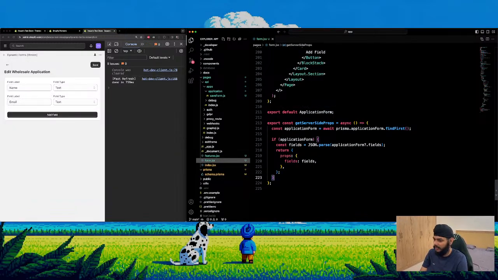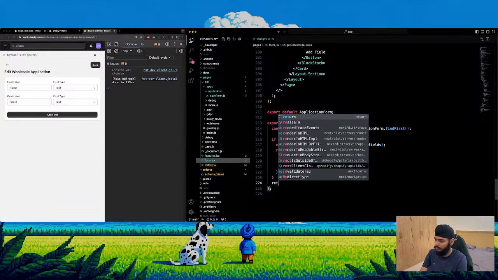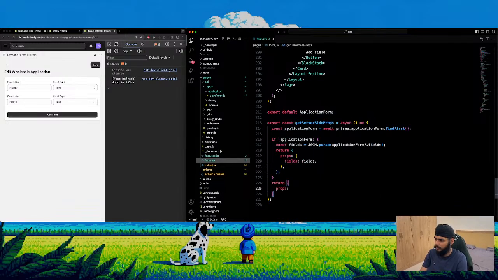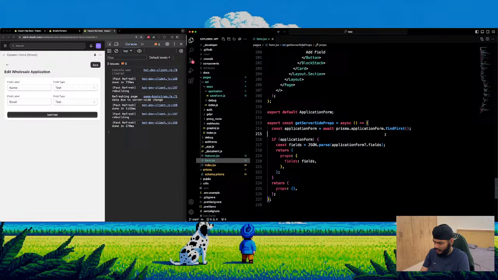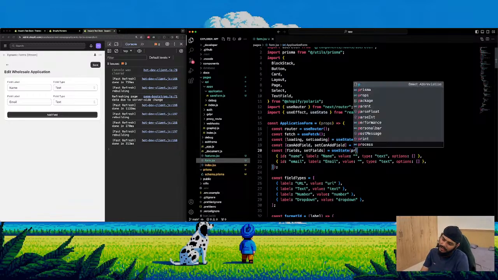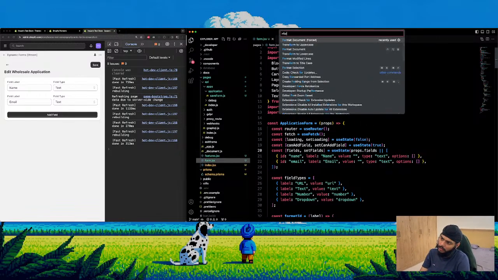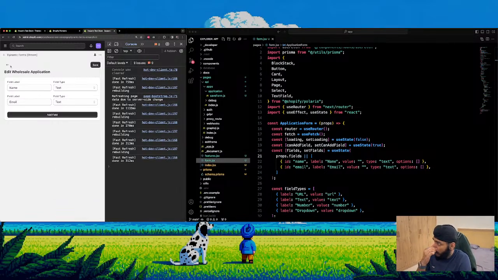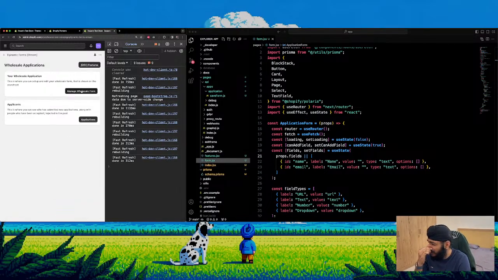But if you don't find anything, return props empty, right? And so when this happens, I can add in props here, and in my fields, props always exists. So I can do props.fields or this. So now when I come here,